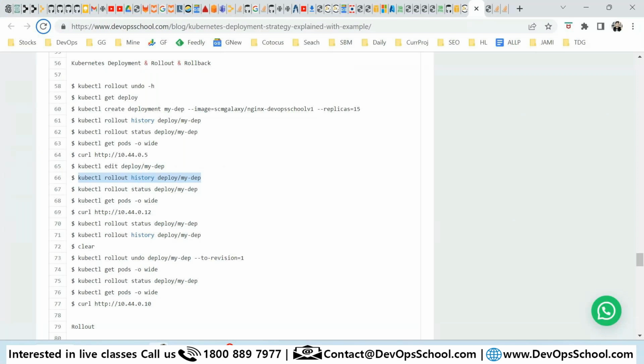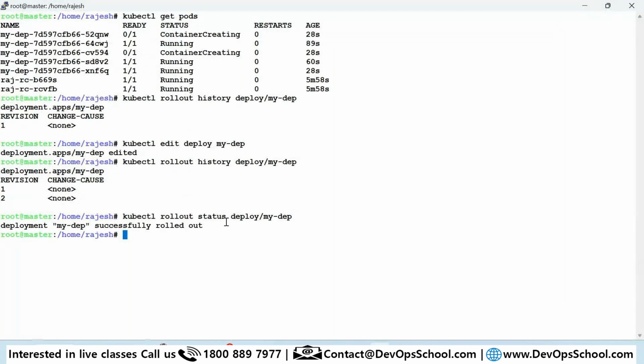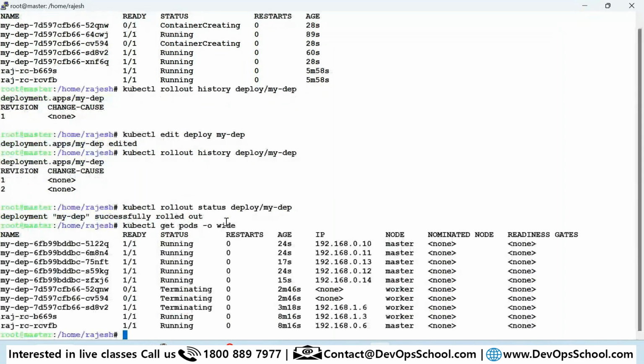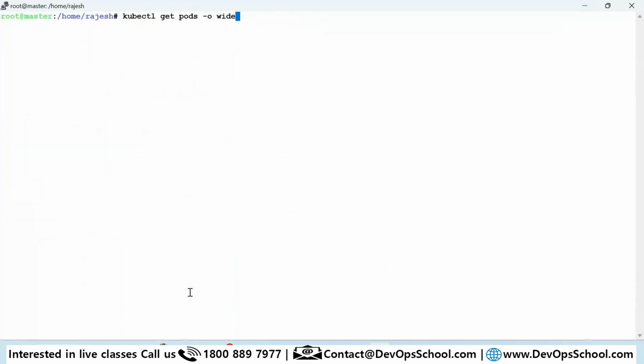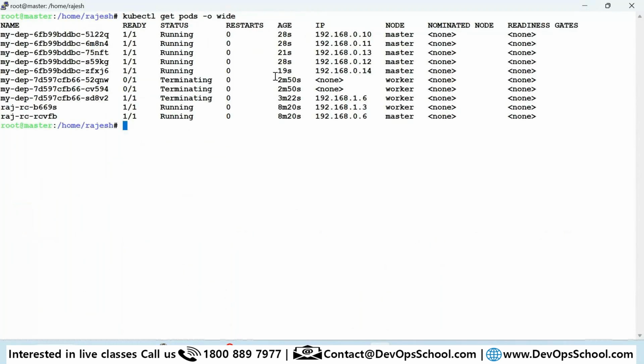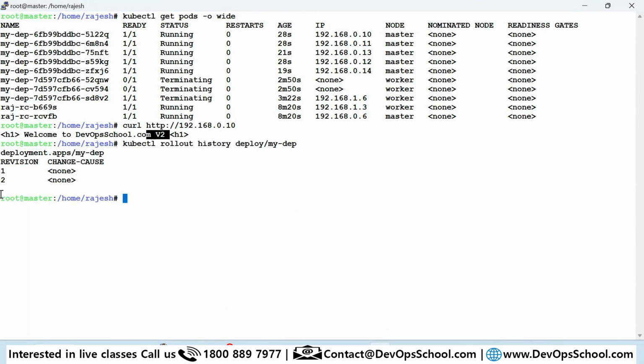So if you see the rollout command, and kubectl get pod -o wide. Earlier I deployed the v1 image. Now if I do curl http, see, welcome to DevOpsSchool v2. So what I did, I changed v1 to v2, and Kubernetes deployment will version this. This is v1, welcome to DevOpsSchool v1, and this is v2.